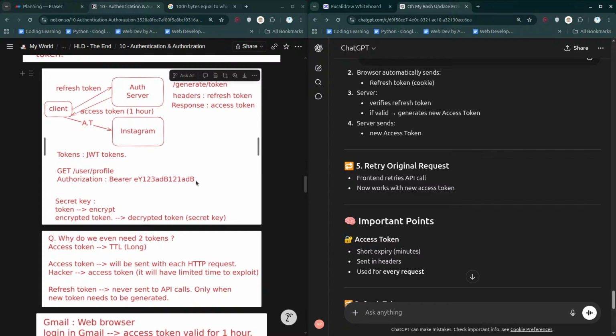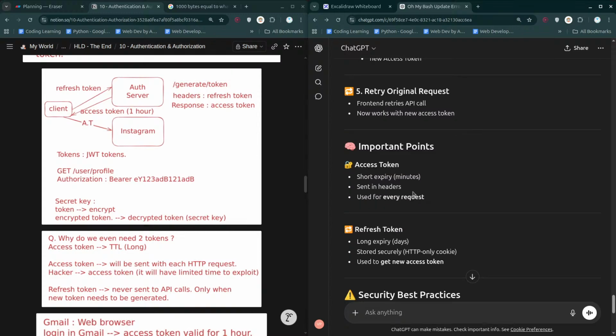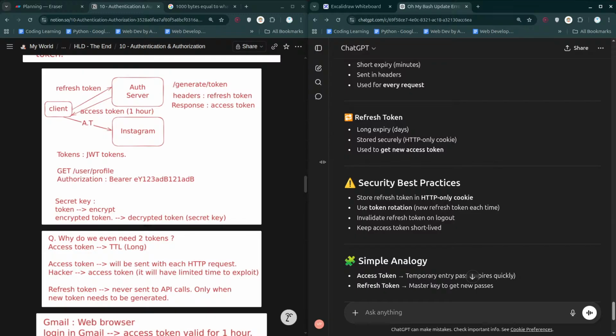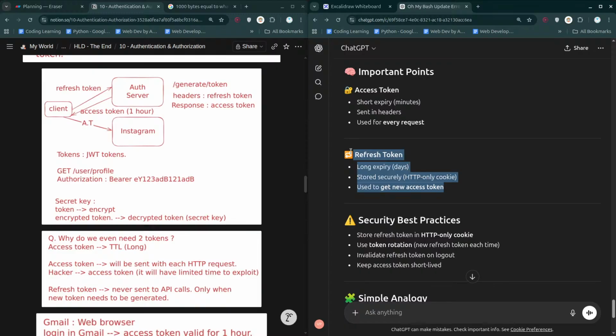Whenever you authenticate yourself, you just generate your access token and refresh token. You send it to the client side. The client stores it in cookies mainly. Once that is saved, in every request you send the access token. If that gets expired, it is an automatic request. It's not like you will have to send the request for the refresh token separately.